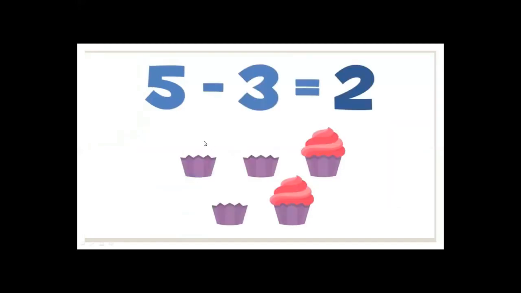Nice. Now, again, here we have 5 cups. So we write the number 5, then put the minus sign on the right side, then put the 3 that is eaten here. 3 cups are eaten. So, 5 minus 3, and on the right side after 3 we put the equal sign, and then write the answer after putting the equal sign. So 5 minus 3 equals 2. This is the horizontal way.